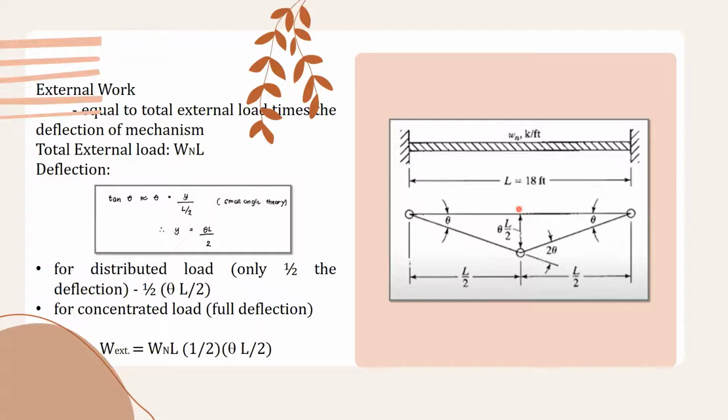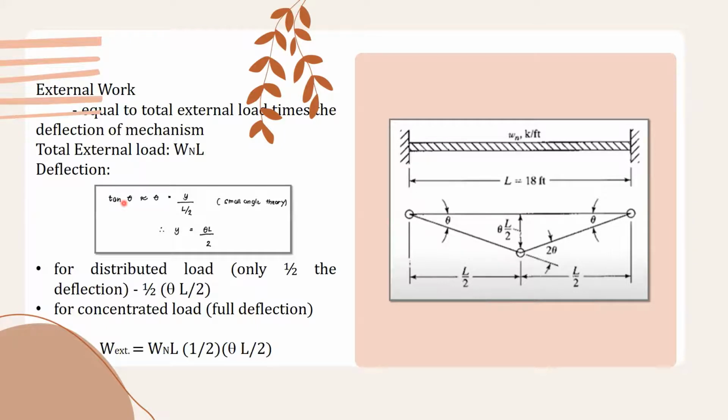Therefore, dito yung plastic hinge natin. Dito yung mabubuong plastic hinge. May angle theta tayo dito. Since equal length lang naman, theta rin to. Same lang siya ng height dito. So mapo-form natin na right triangle. Let's say na y yung deflection natin. So magagamit natin si tangent. So tangent theta